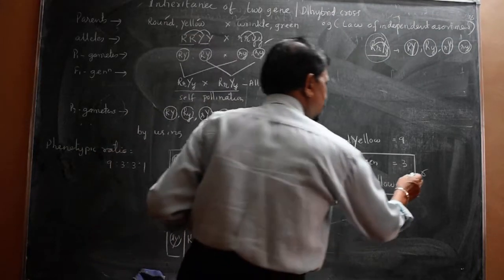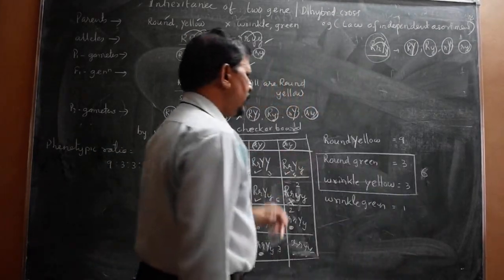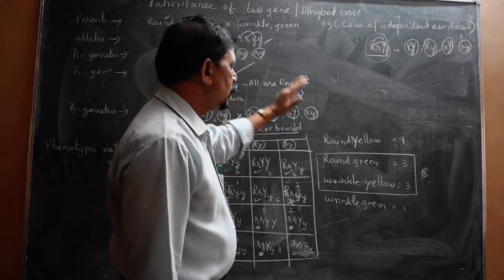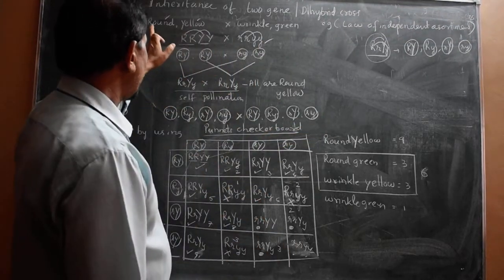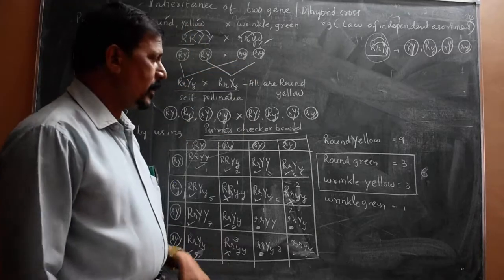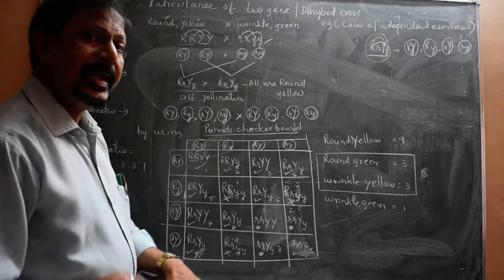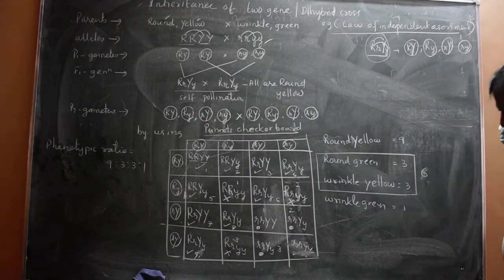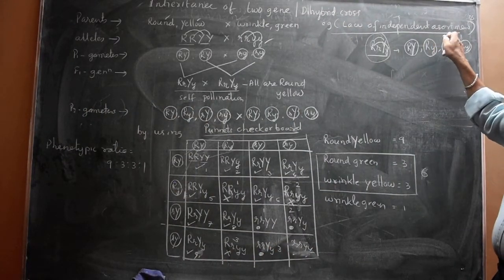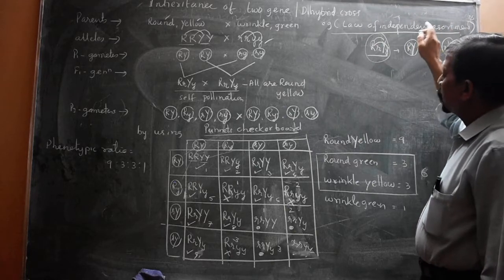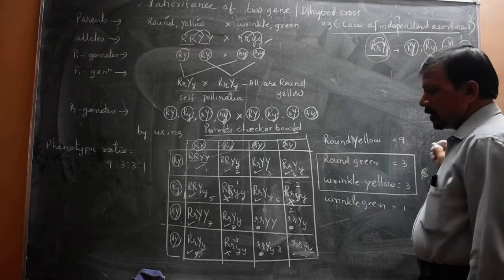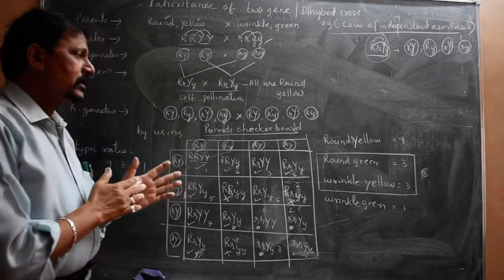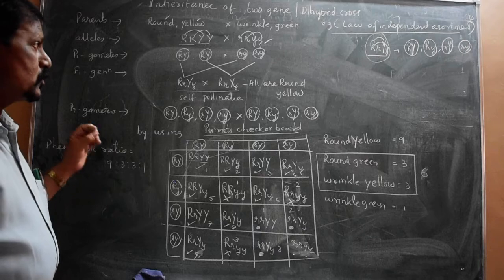And here the 6 plants are there. That is round green and the wrinkle yellow. They do not at all belong to the parent of each, either the round yellow or the wrinkle green, and they independently assorted. That is why this one. And they were independently separated. So the 6 recombinant plants separated during the dihybrid process, the 2 gene inheritance.